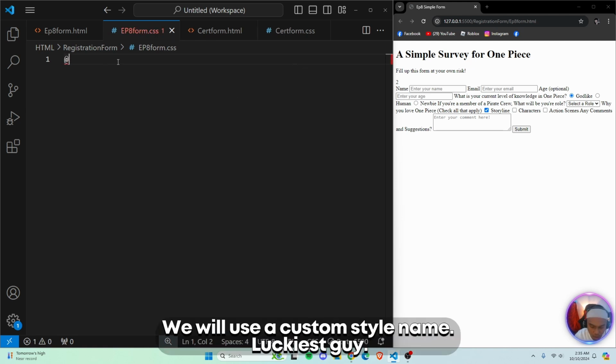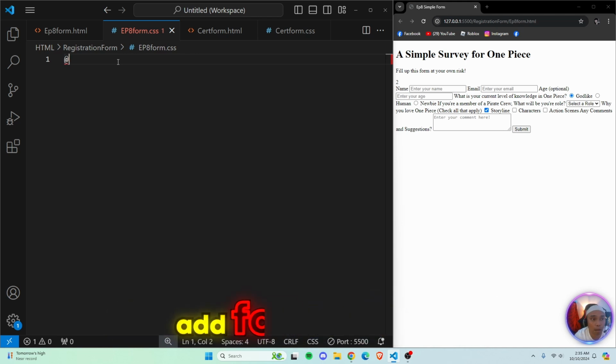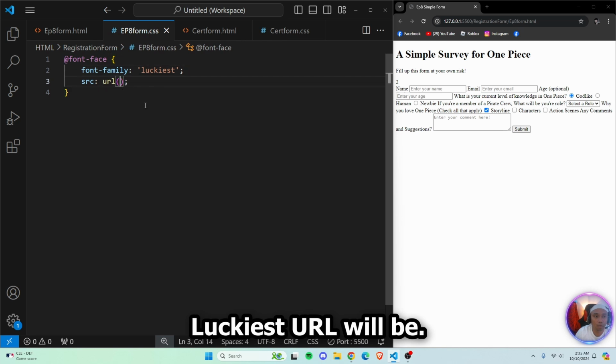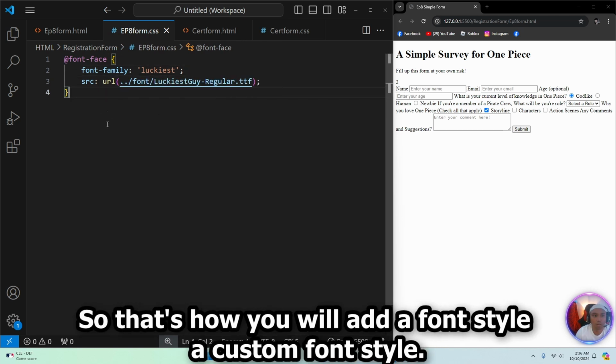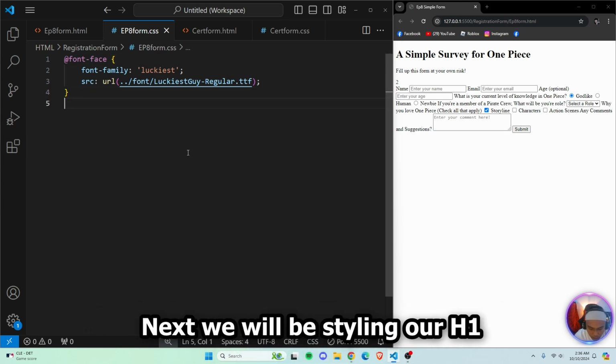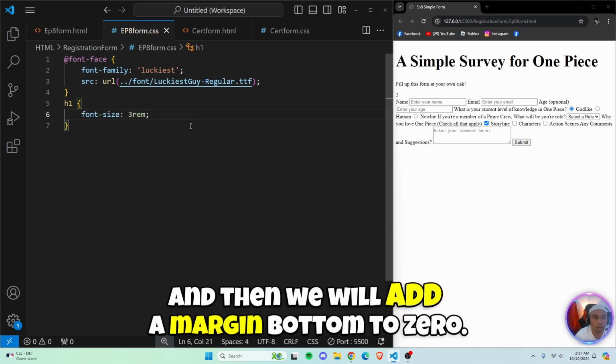We will use a custom style named Luckiest Guy. That's the name of the font. So we need to add font-face Luckiest, URL will be... So that's how you will add a custom font style. Next, we will be styling our H1, font size 3 rem, and then we will add